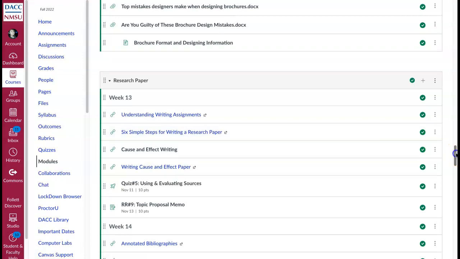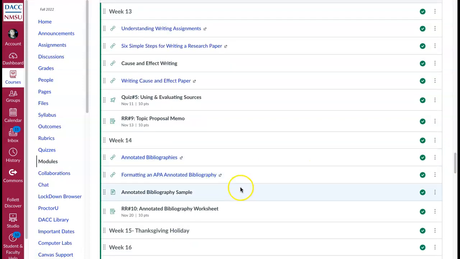In this module, there's also some information on annotated bibliographies. Please keep in mind that the annotated bibliography is due before your research paper. However, the sources that you are planning to use or that you've evaluated for your research paper are going to be included in the annotated bibliography. So basically, the annotated bibliography should be about the sources that you are planning to use in your